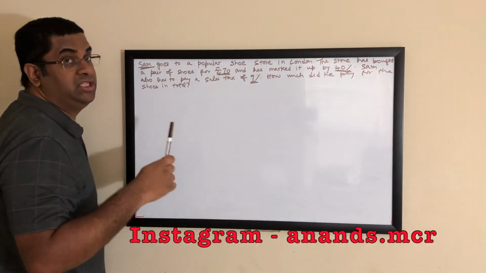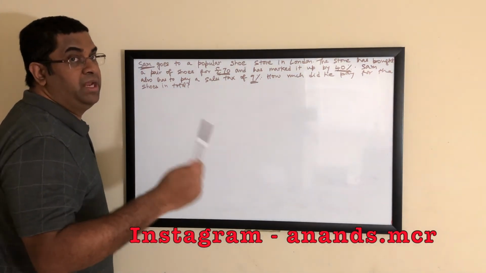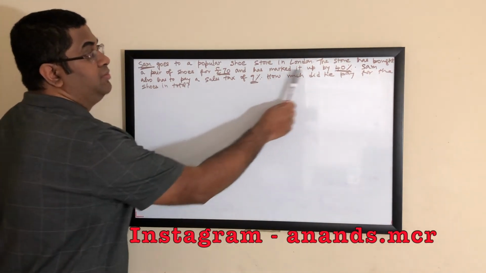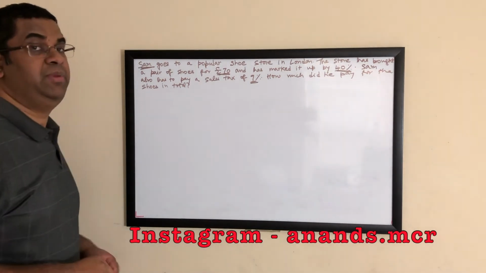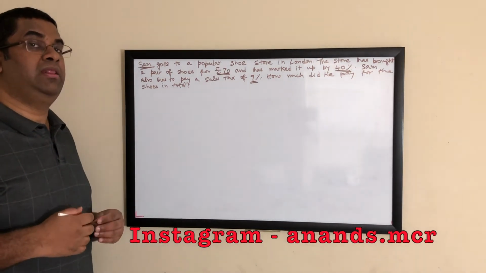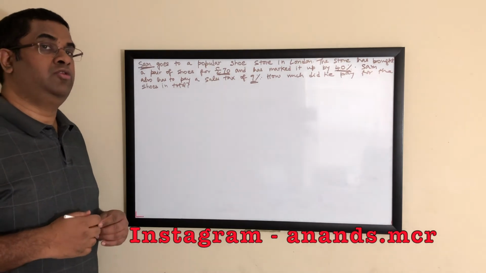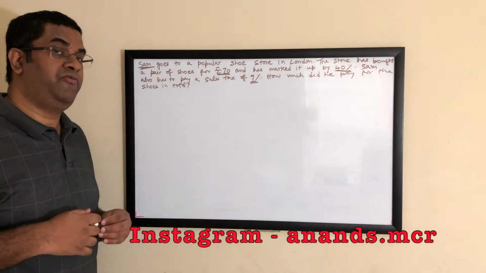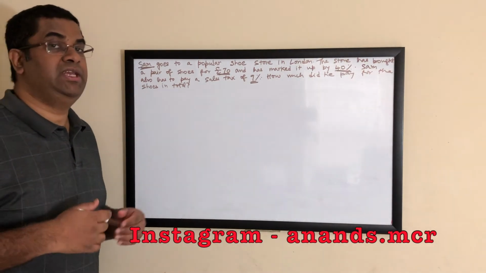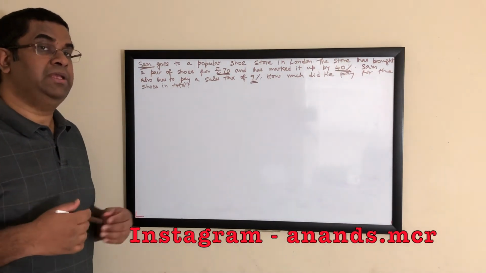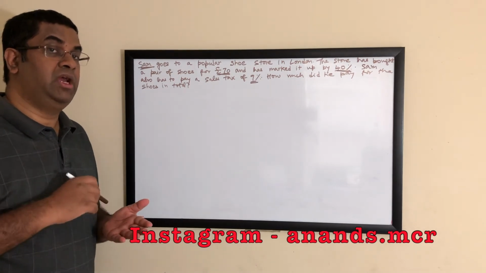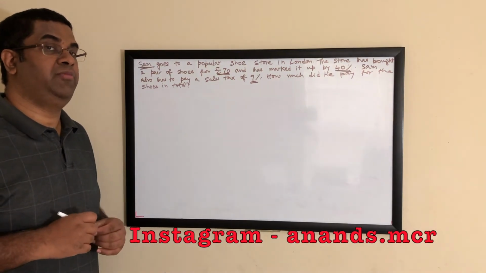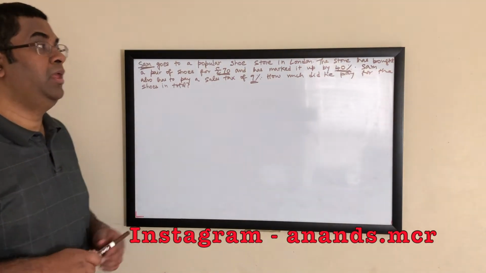It is not the price at which the store is selling to the consumer, but it is the price at which the store has bought the shoes from the shoe company and has marked it up by 40%. When we say it is being marked up by 40%, what we mean is basically the profit margin. So if an item was bought for $100 or £100, and it has been marked up by 40%, it basically means that the item that was costing $100 or £100 will now be sold at $140 or £140. I'll explain when we do the problem.